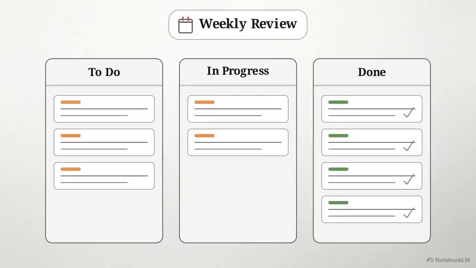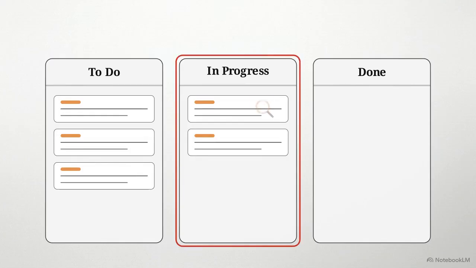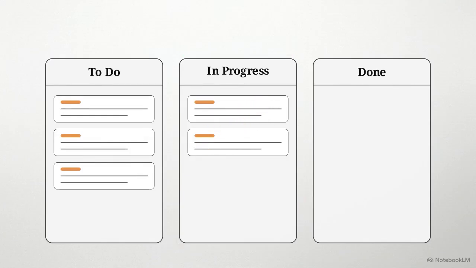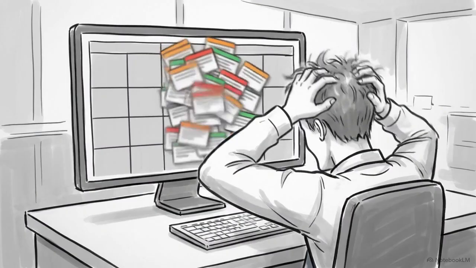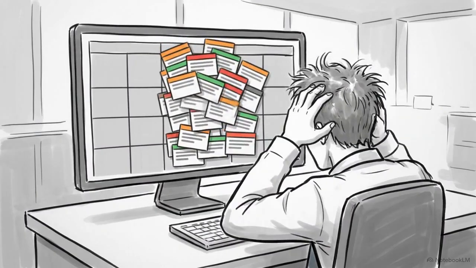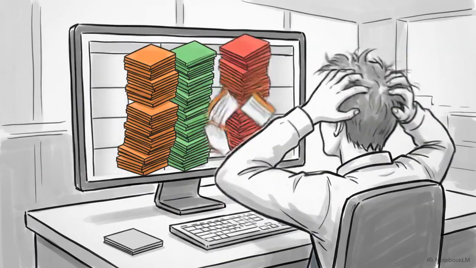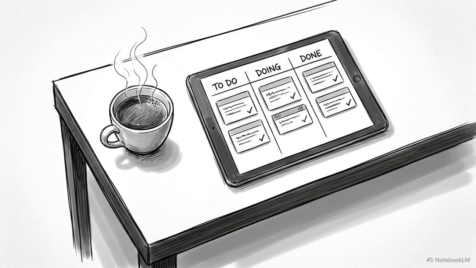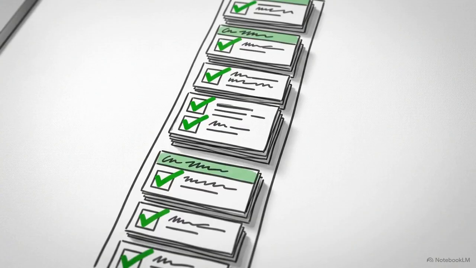It requires a quick weekly review to archive completed items and ensure that every card in progress reflects actual ongoing work. Maintaining accurate columns surfaces problems early. If multiple tasks pile up under one person's in progress column, a workflow bottleneck becomes instantly visible. By taking 20 minutes to centralize work into this simple visual system, you eliminate missing emails and forgotten verbal agreements. Accountability is clear, progress is highly tracked,